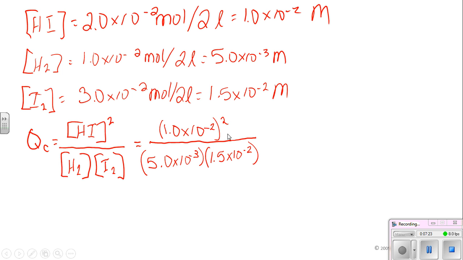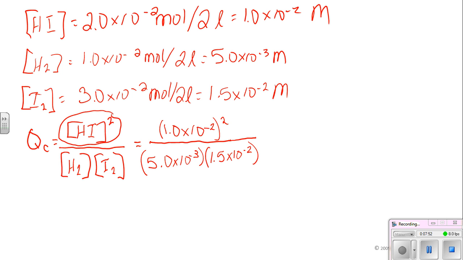So then we're going to square this, multiply, and divide, and we're going to finally get to the answer that Q is equal to 1.3. And we said that K was equal to 51. So Q is a lot lower than your equilibrium value. So that means our Q expression needs to get bigger to reach equilibrium. The only way to make it bigger is if the HI concentration